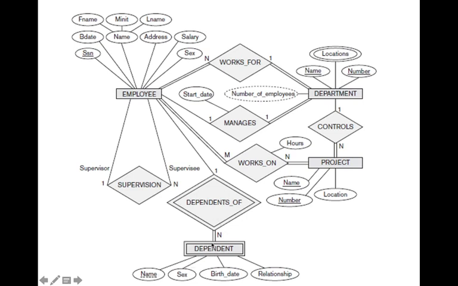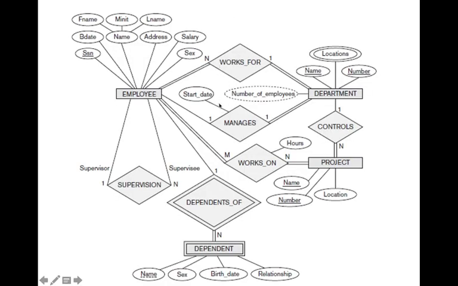So here is the combination. In this dependent case, we are taking name, birth date, and the employee's SSN value to identify it. That is why it is specified with a dotted line. Here birth date can also be specified. If you are taking the combination of name and birth date, then name should be specified with a dotted line, and birth date also should be specified with dotted lines here. So a dotted underline should be there to show that it is a partial key. Okay, so I think now the diagram is clear. In this way you can draw the ER diagram.